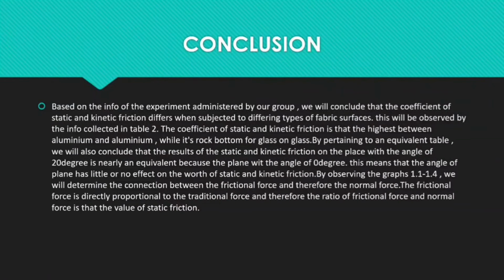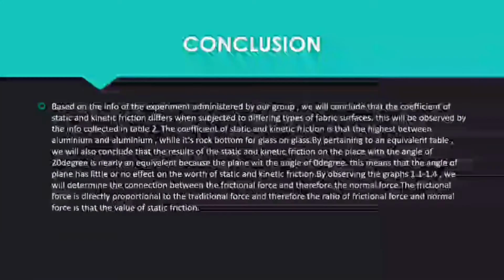Conclusion. Based on the information from the experiment administered by our group, we conclude that the coefficient of static and kinetic friction differs when subjected to the two different types of surfaces. This can be observed from the information collected in Table 2. The coefficient of static and kinetic friction is at the highest between aluminium and aluminium, while it's rock bottom for